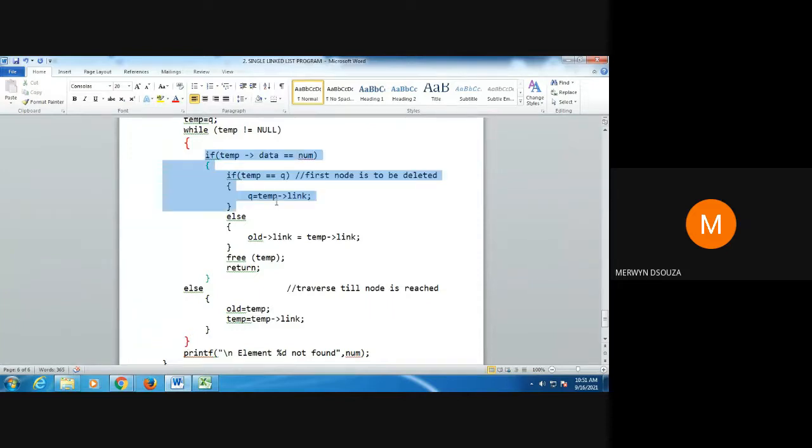So all these statements are inside the while loop. If this while loop condition is true, then the statements inside the while loop, which I'm highlighting in yellow, will be executed, just for you to understand.